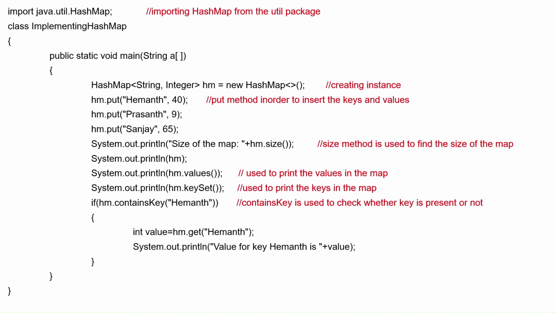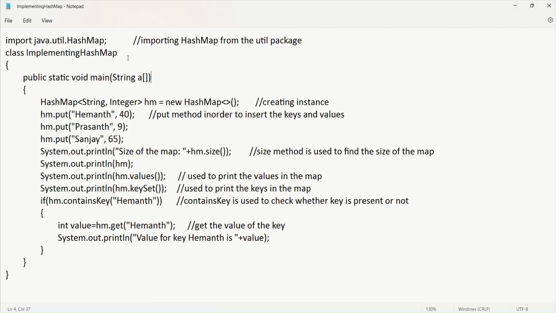This is the sample program. Have a look at this and let's execute it to get more clarity regarding the HashMap. Here I'm importing the class HashMap, which is in the util package, with the help of the keyword import. And here you can observe that I'm creating an instance of the class HashMap where I wrote String comma Integer,